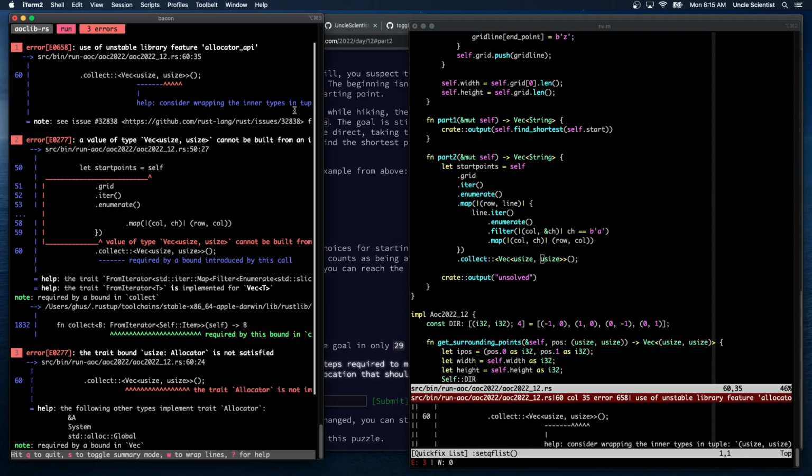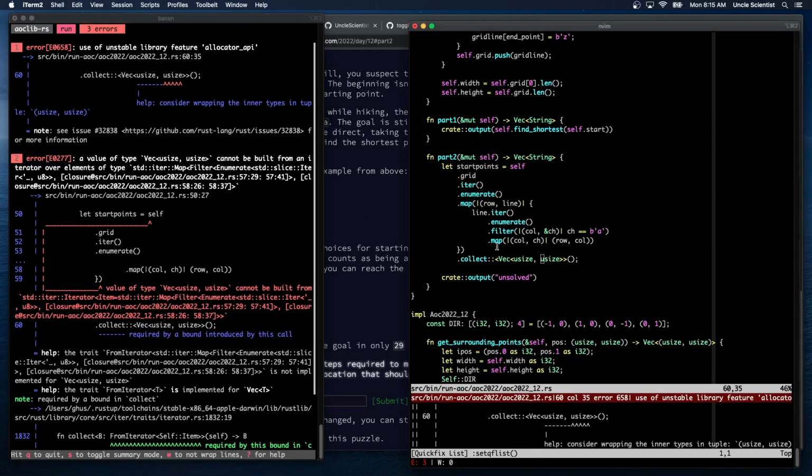Okay, so why can't I do this? Help wrapping inner types in a tuple. I did. I wrapped it right here in a tuple. That's a usize. Oh, okay. So we're mapping this here, and then so this needs to be. Oh, I don't know a good way to do this. All right, maybe the simpler